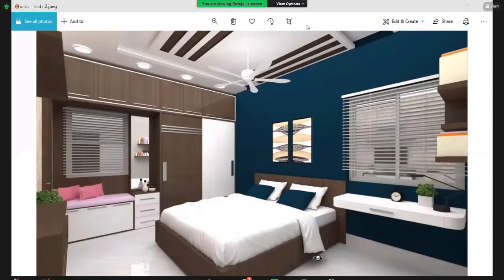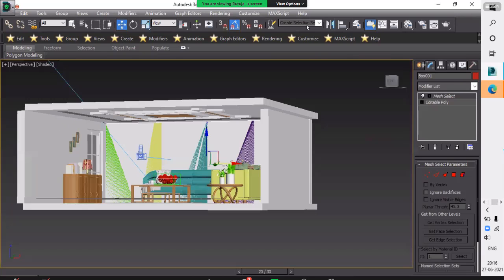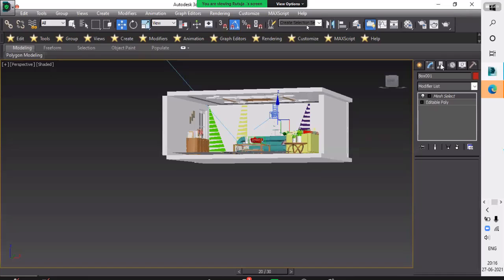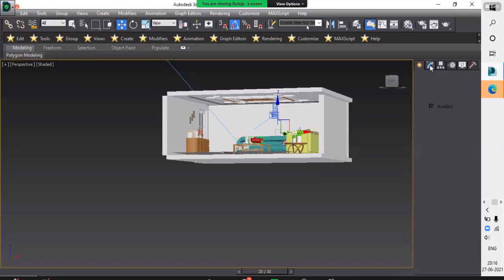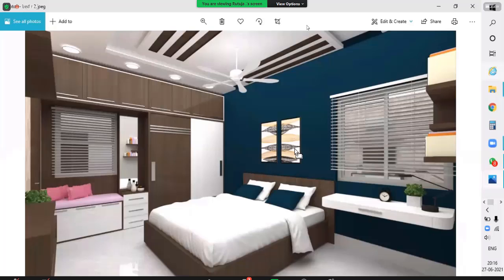So I remove and exit from the camera with the help of PZ. Here is the light, which is V-Ray IES. So here I will use the V-Ray IES light and take a frame, which I showed you how to make, and apply the texture, and place here one block teapot.